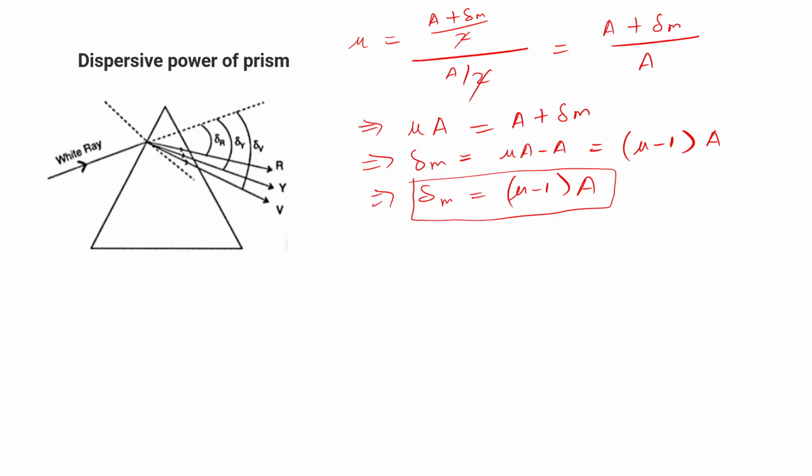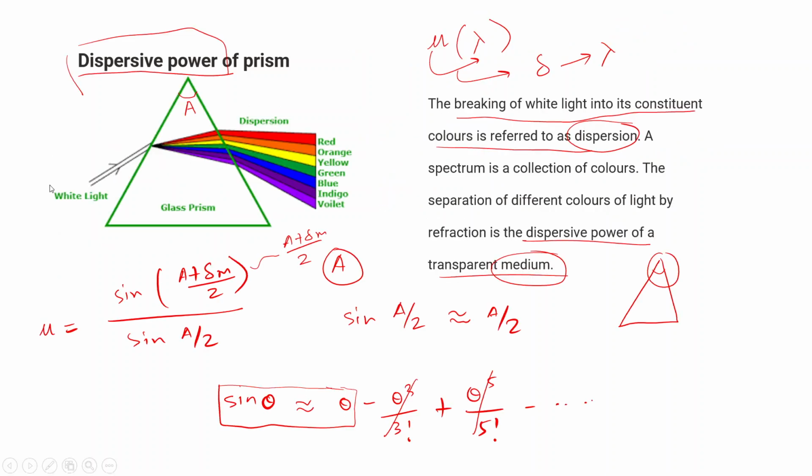So what do we mean by angular dispersion? As we were explaining, when white light splits into constituent lights, that is known as dispersion. One light is encountering minimum deviation. As we can see, red light is bending less, meaning its deviation is less, because the original light is going somewhere here. So the deviation is less for red light, the deviation is more for this last violet light, and others are in between. So this deviation from the original path